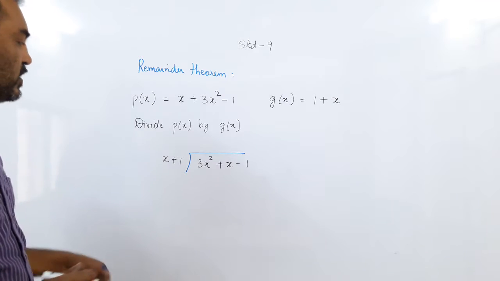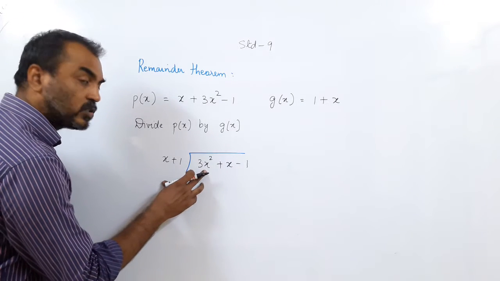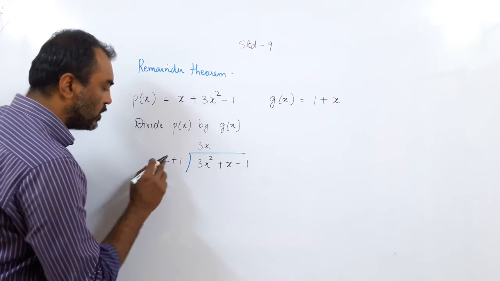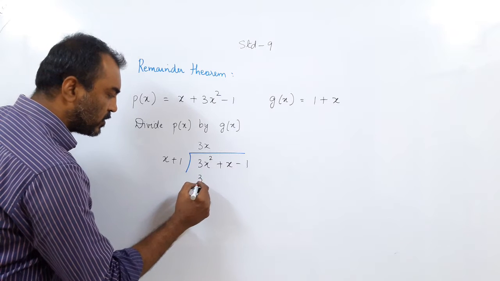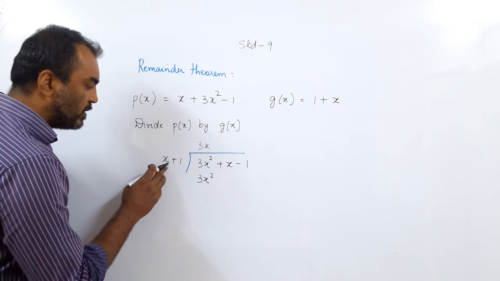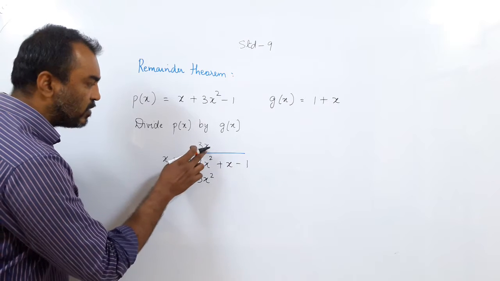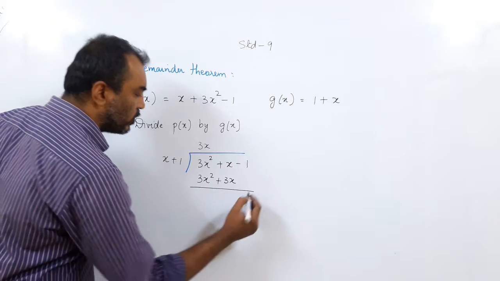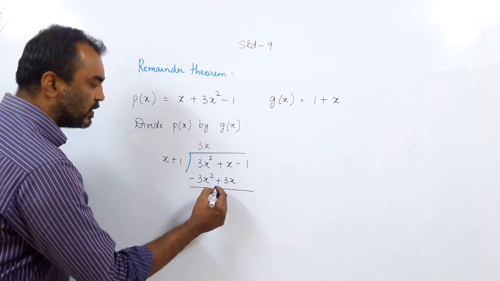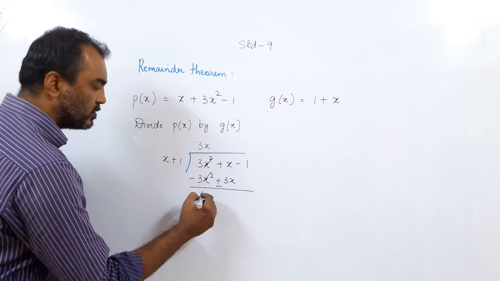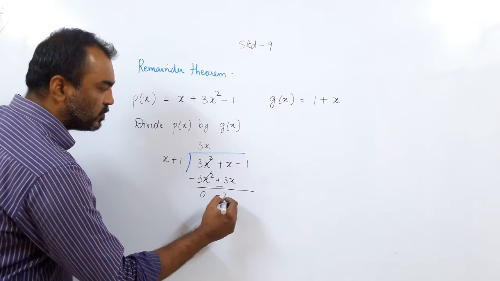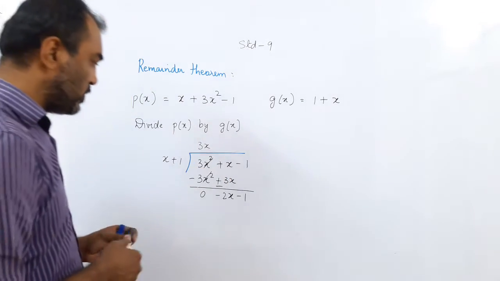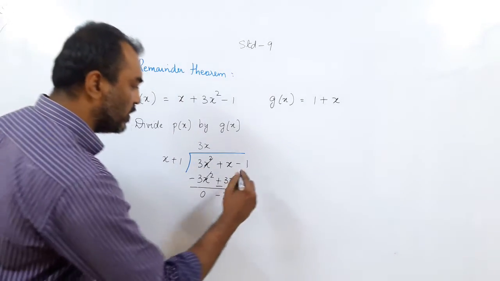So how do you understand the division? How does x become 3x square? With what would I multiply x to become 3x square? So it will be 3x. So x into 3x is 3x square, but there is also plus 1 here. So I have to multiply 3x by plus 1 also, so I get plus 3x. Okay? I have to subtract this, so the signs change, and this gets cut, 0. But now 1 minus 3 is minus 2x, minus 1. I brought this minus 1 down. Can you see that? So this is what I am left with.